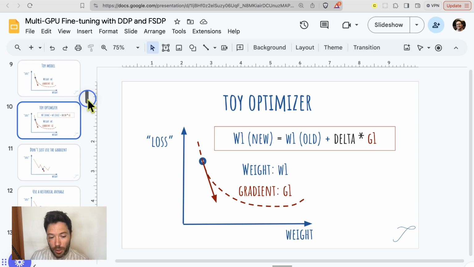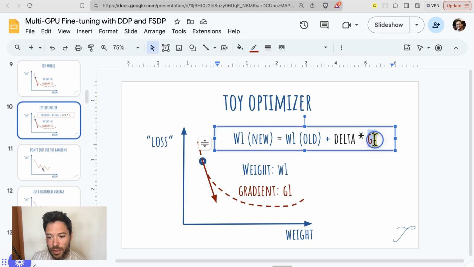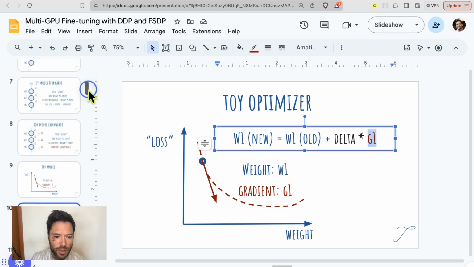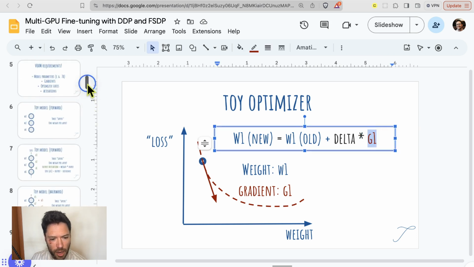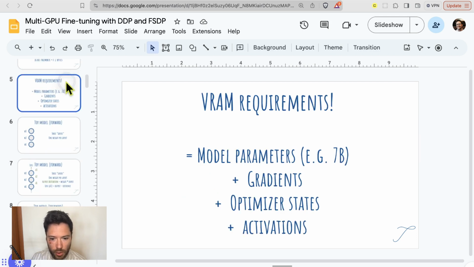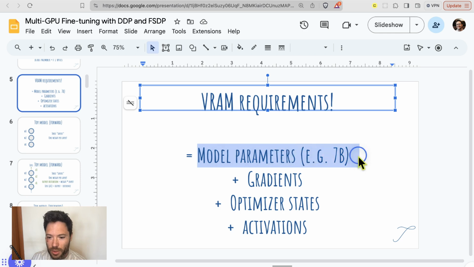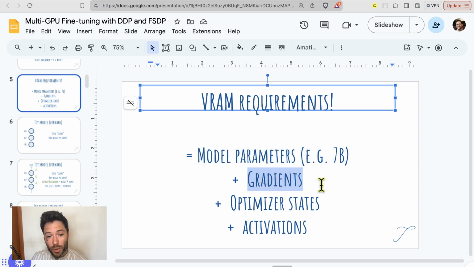Now, the reason I'm showing you this is so that you can appreciate when we are storing weights in the VRAM, we also need to store the value of these gradients. So that's important because it tells us, again, something about what needs to be stored. You'll remember earlier on, I said we need to store the model parameters. And now I'm showing you that we need to also store the gradients